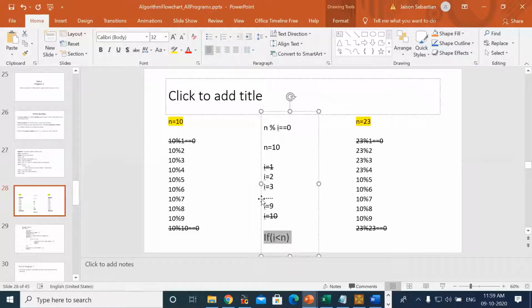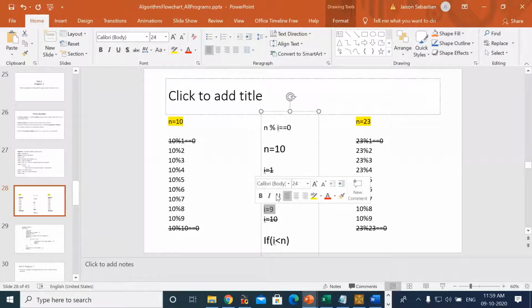In this step i will be 9, and the n value we have entered is 10. So is i less than 10? It will be 9. So it will range only from i equal to 2 to i equal to 9. This avoids one division operation and one iteration. So this makes a huge difference.